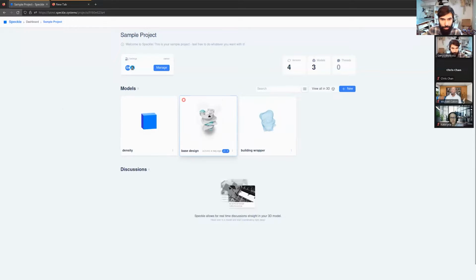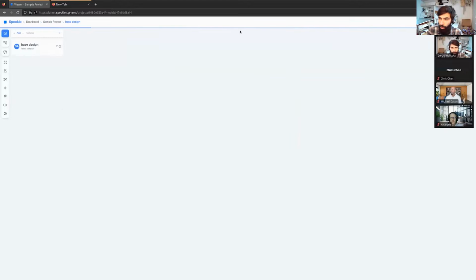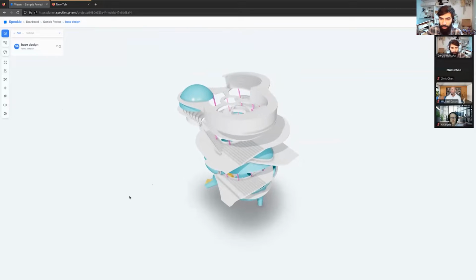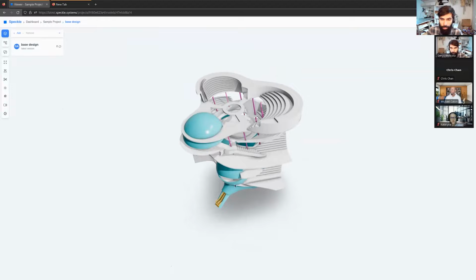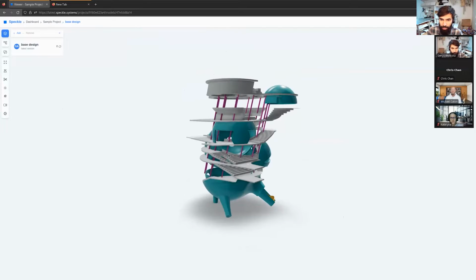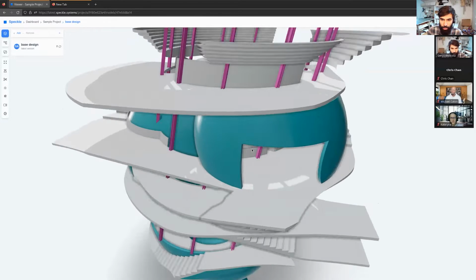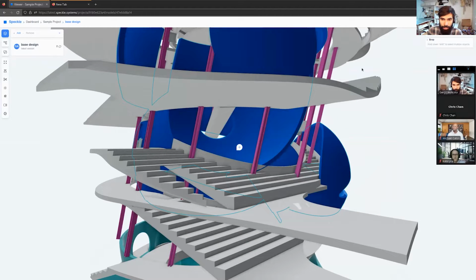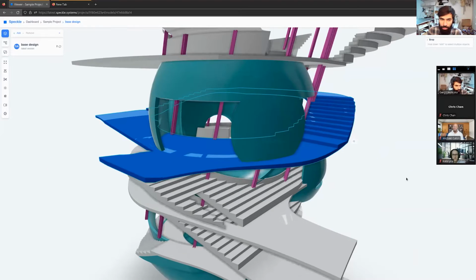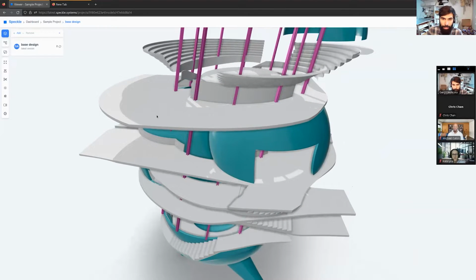So once you're in the model page, you can select specific models, and this will open up our 3D viewer experience. Once you open a specific model, you'll open the latest version of the given model. You'll get a 3D viewer that you can use to explore your model. It also has a data explorer that shows you properties on the top right of the given element, right? So that you can use our 3D viewer to walk around and interact